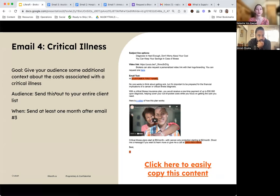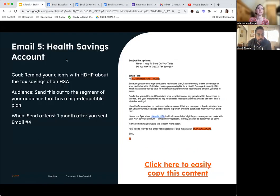It follows a similar format. And then I just want to flag that the last one that we have is about Liferaft's health savings account. And this is only really going to be relevant for your folks that have a high deductible healthcare plan. So I would only send people an email about the HSA if you know their healthcare plan and that this is something that